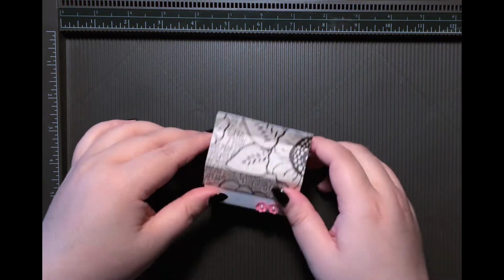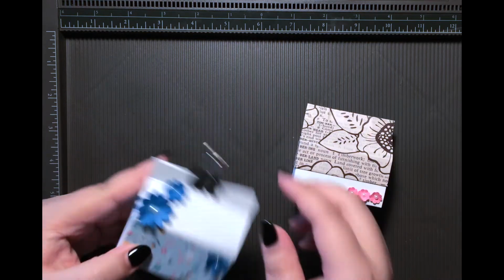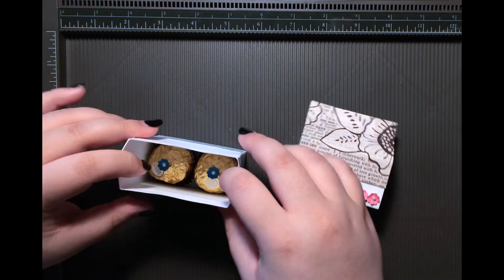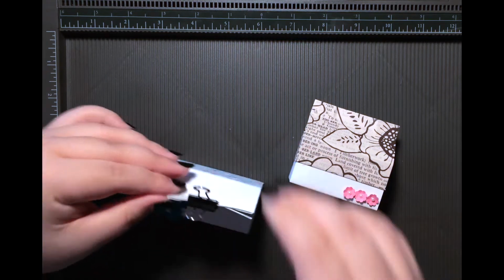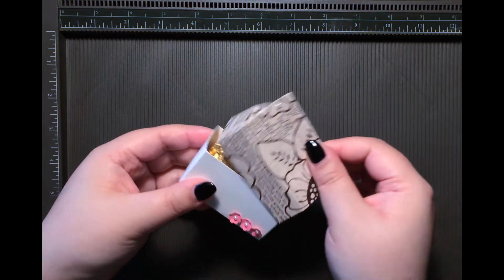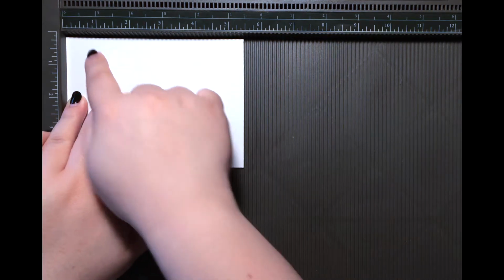And the project I was talking about that's similar to this was my wide mini milk carton box that opens like that. Okay. But today's project, we're going to make one that's lidded like that. Okay. So for this project, you will need a cardstock base, which measures 5